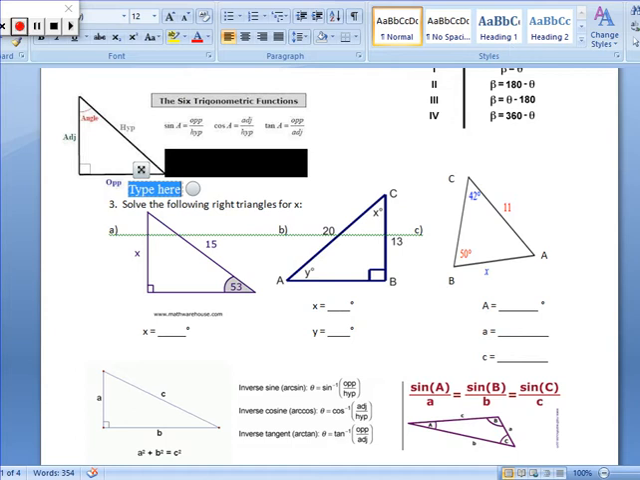Let's put this in red. Put calculator in degree mode. Okay, you're working with degrees here, so sometimes you're going to have to change your angle mode inside of